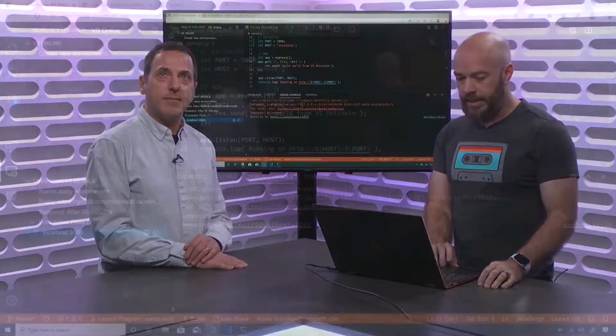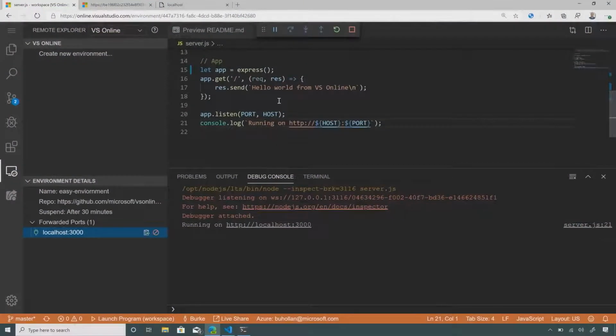Got it. So let's check this out. Let's go in and make a change here. So we'll just say hello VS Toolbox, and then let's go ahead and save that. And I'm going to restart the debugger, and you can see it's awful fast. That's because we are running on a pretty beefy machine. And then let's just stick a breakpoint in here. Let's come back over to our localhost here,